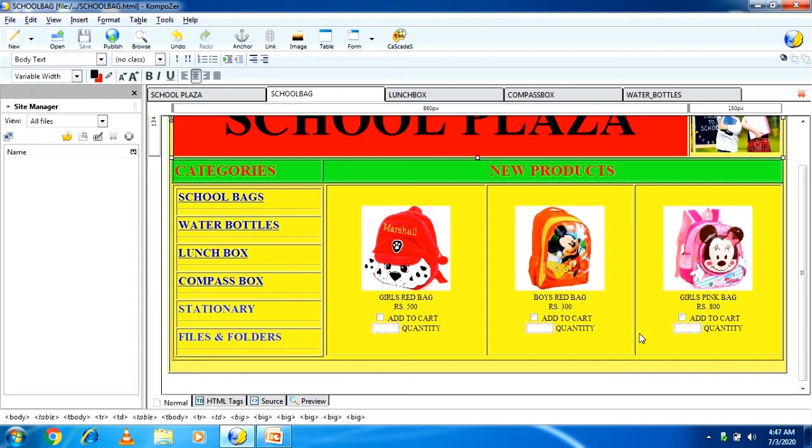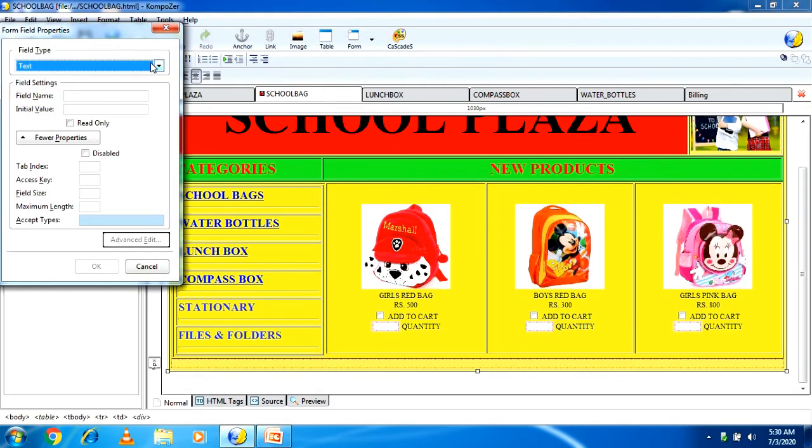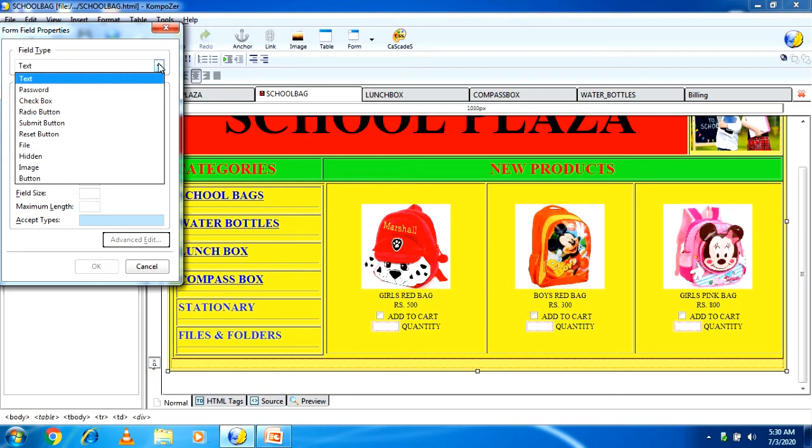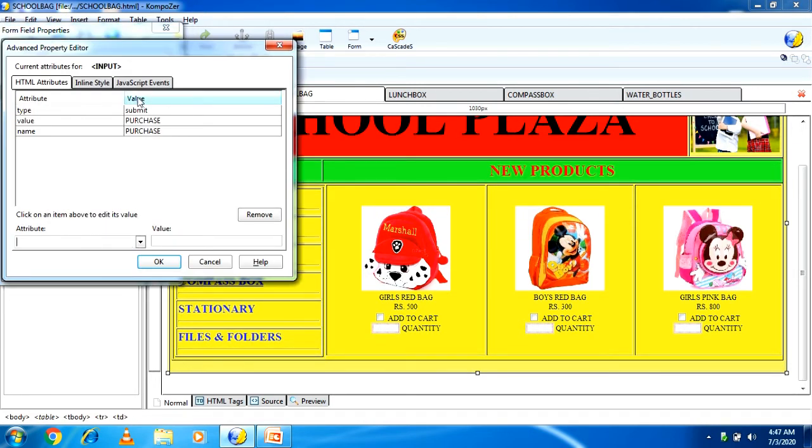Okay, now this ID is given. Now what you have to do? The second step, you have to add here one button and that button you have to give the name purchase. So I go to the form field, and go to the advanced edit option, JavaScript event.